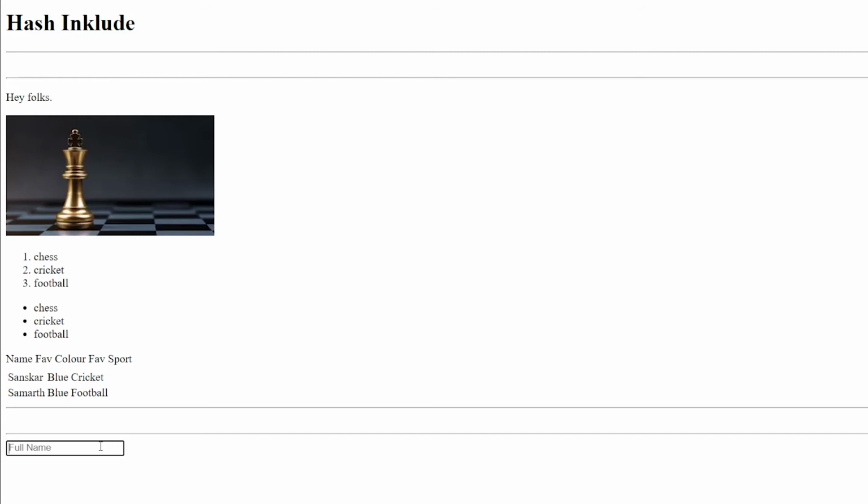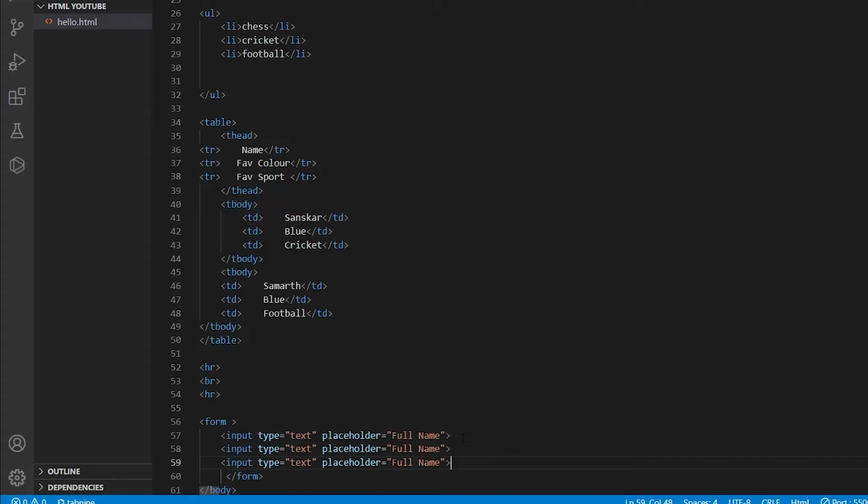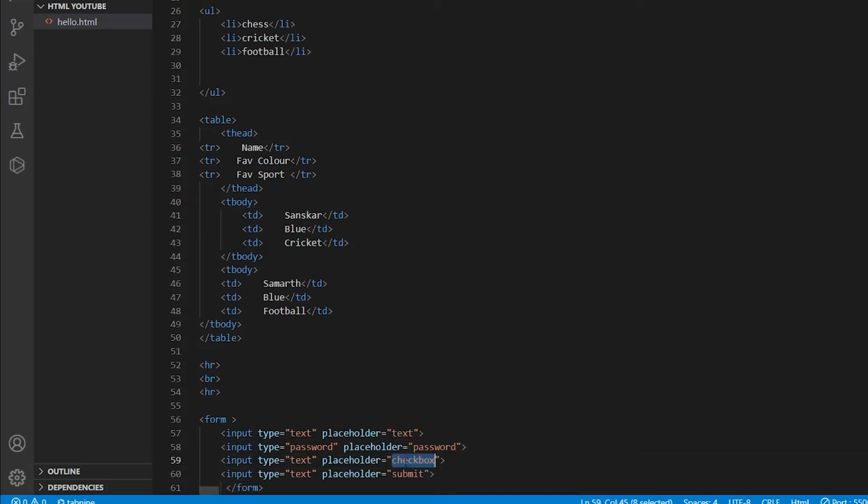For example, let me just copy paste this a few times. Okay, we also have a password type. Let's go over it. So this is the second one. This is the password type input, right? In the password type input, if you type anything, that disappears. Let me just format it a bit. Okay, so I have done this, and I'll explain more on this side.